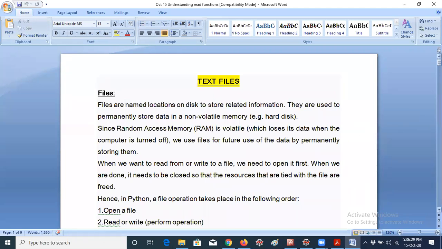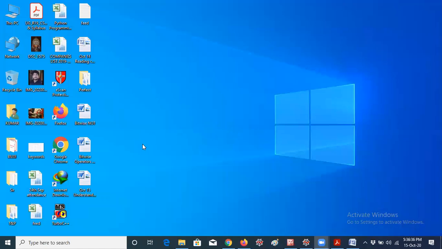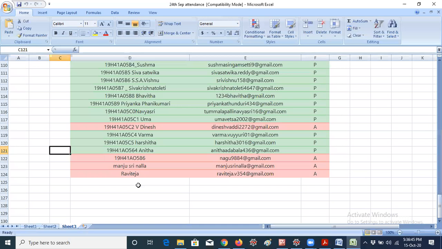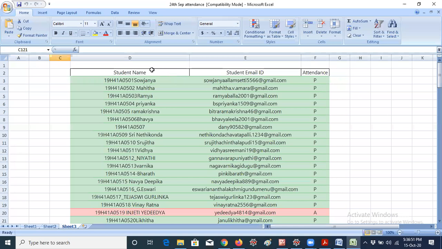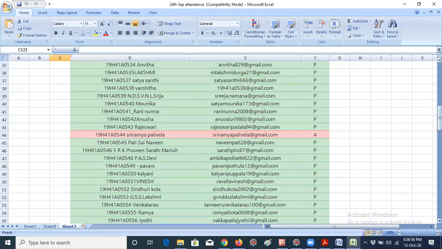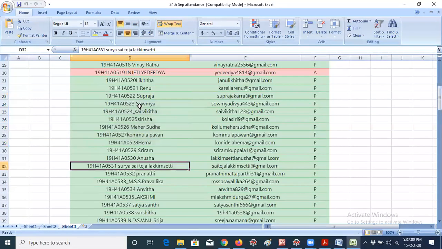What is the purpose of that, and how can we create that file? First of all, we will have some files built in. For example, every day I send some attendance report to all of you. After completion of the class I check the attendance every day, how many students are present today and how many are absent. So how am I getting these names? I did not type them. You are registering on the GL platform, and I'm getting the attendance in Excel sheet format.